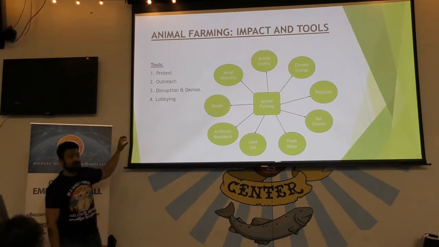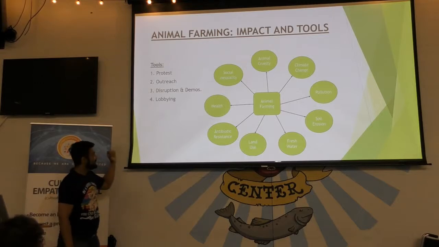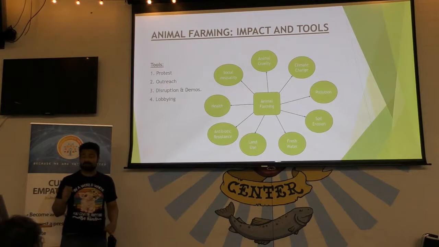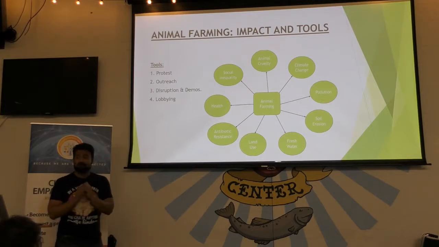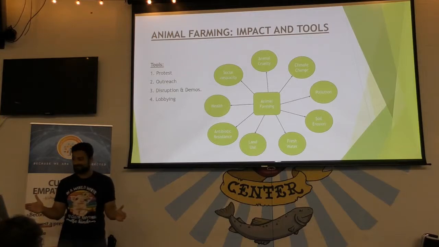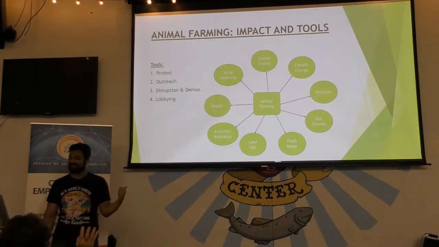All the upstream work is really important, but if we don't actually get involved in lobbying, it will not help us to pass firm policies that will bring the change that we want to see in our communities. So that's why lobbying is very important.